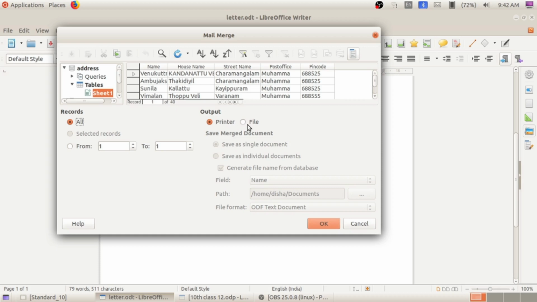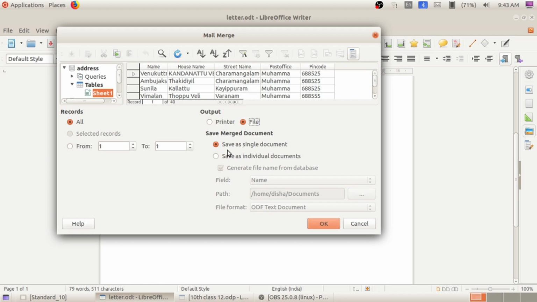Near the printer option we can see file, and here you can see the addresses of the parents, isn't it? So these headings you have seen in the mail merge window: name, house name, street name, post office, pin code. Whatever headings are here, that will appear in the database of mail merge. So click on this file option, and here two options are there: save as single document and save as individual documents.